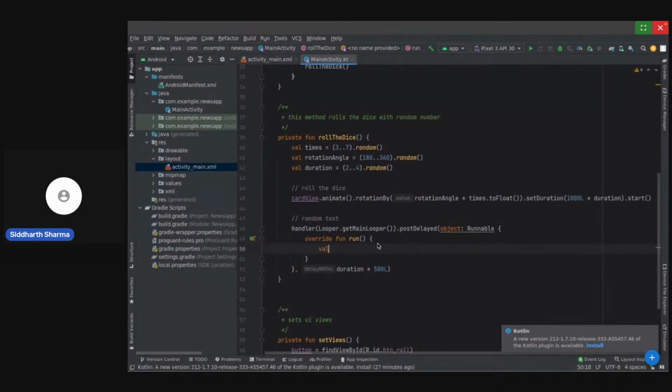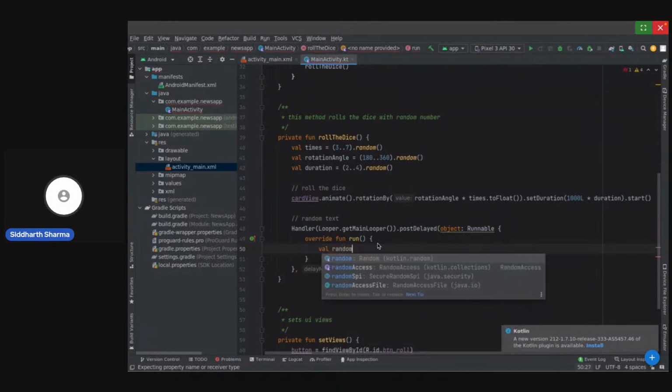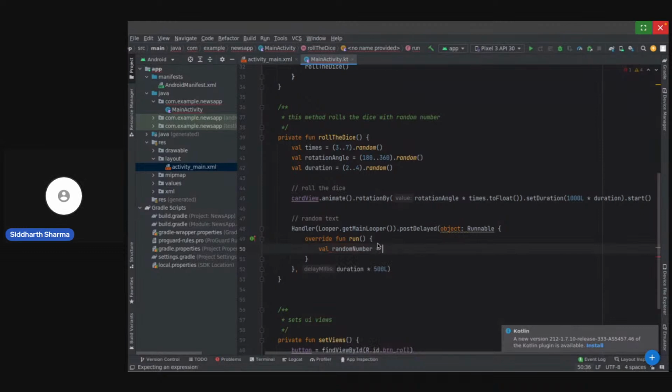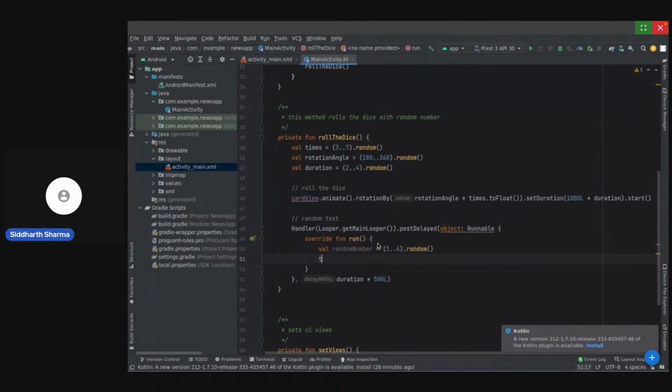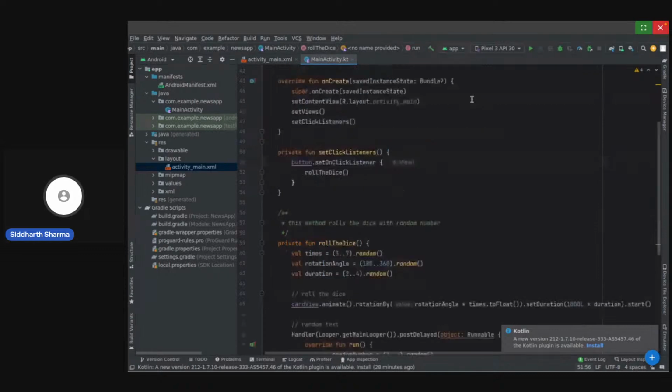Okay, so I also need to generate a random number between 1 to 6, random, and as we are running it on the main looper, this runnable will run on the main thread. I'll set the text as random number dot toString. Cool. So yeah, I guess this should do the job.